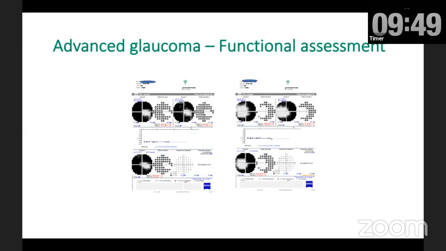Let's say a patient who has 10-degree involvement of field loss. There's no point in really looking at 24 degrees or structure so closely, but you have to focus more and follow them up with regular 10-degree field tests over time. You can also plot them to look at progression analysis in 10 degrees over time.